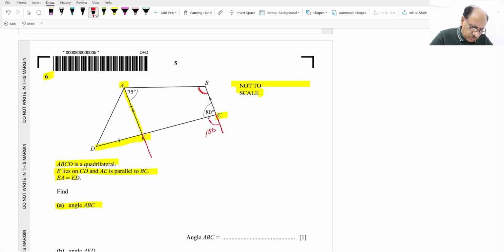So if this is 100, these two angles will be the same, so this will also be 100. And in this quadrilateral,